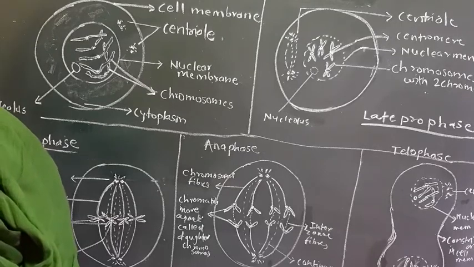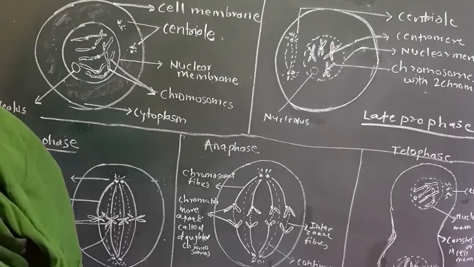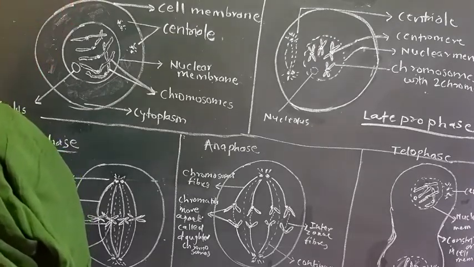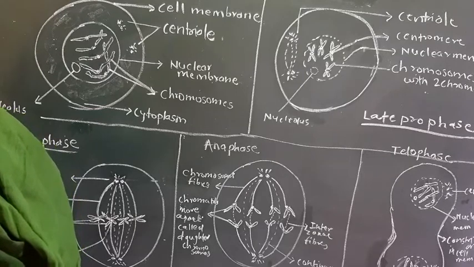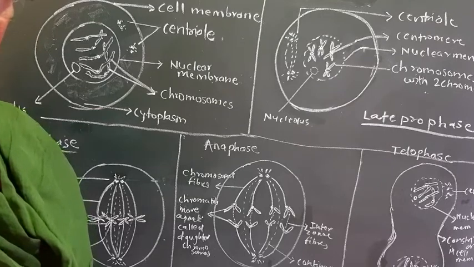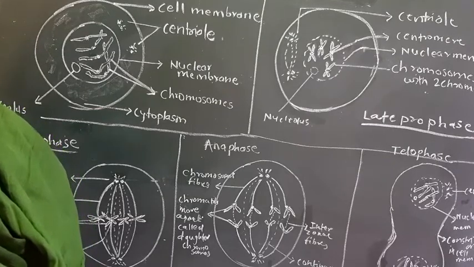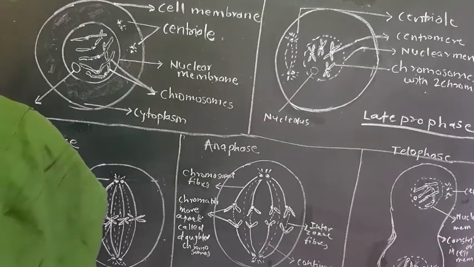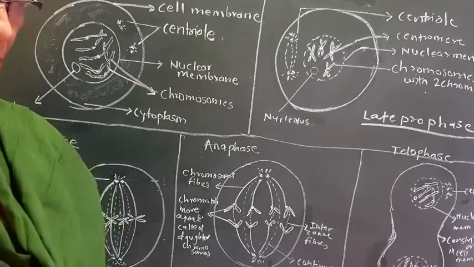So the importance of mitosis is that it is important in the growth of the body. That is one thing, it is essential for growth of the body. Second, it helps in restoration of the emaciated body. It is useful in healing of wounds, as well as in formation of blood cells, etc. So that is about mitosis.